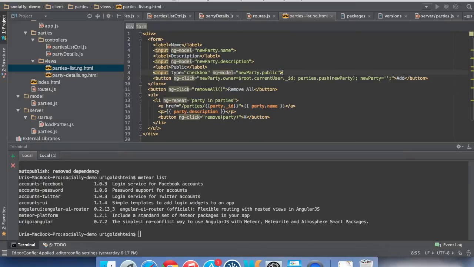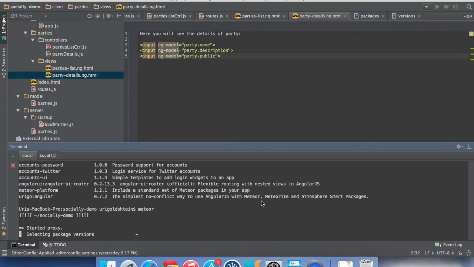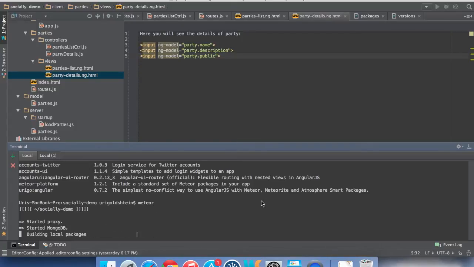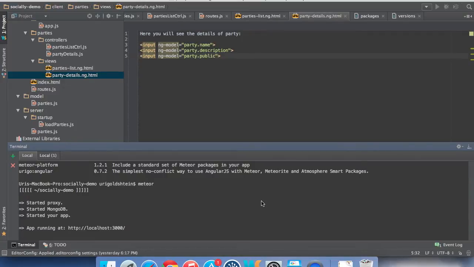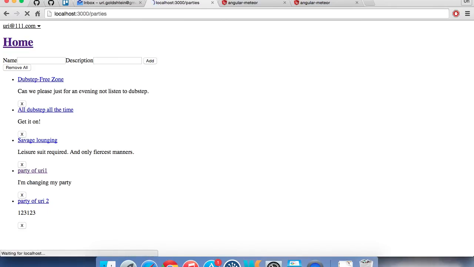Now it will be Boolean, and let's go to our details and do the same. Just display and change that. So now let's run our app. Okay, so let's go here, run our app,